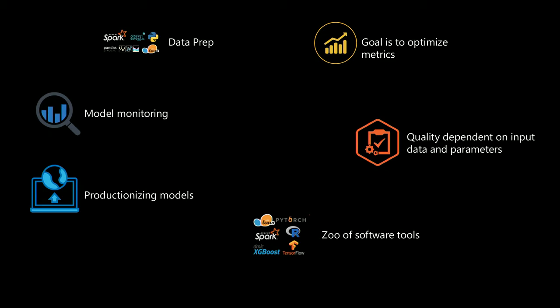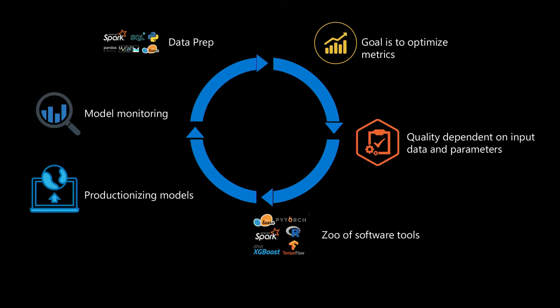And then finally, once you have a model in production, how do you monitor it? How do you know that a model is continuing to be accurate? Because you'll have data coming in, data is drifting, and how do you make sure that your model is accurate and able to meet the SLAs that you want your customers to meet? And finally, all of this is a cycle. You have to productionize your models, and depending upon what feedback you get, you have to retrain your models and so on. As you can see, it's a pretty complicated process.